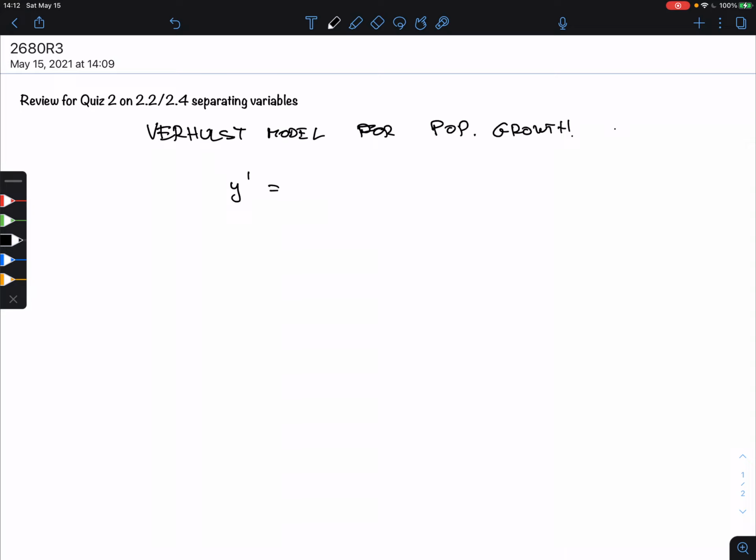So what was the model? It says that the rate of change of the population. So normally we would write a P here, but I don't want to confuse you, so I'm going to write the y here. y times 1 minus a constant times y, and the constant I'm going to use is 1000 y. There's a reason that I use this particular constant. You might say, oh, this is ugly, but if I don't do this, then it's a word, it has no bearing at all. So now at least it has some bearing